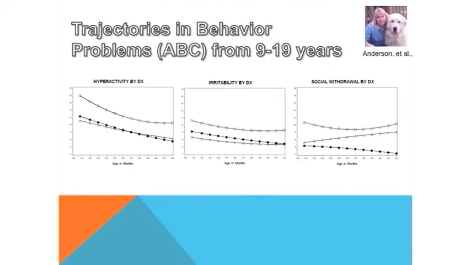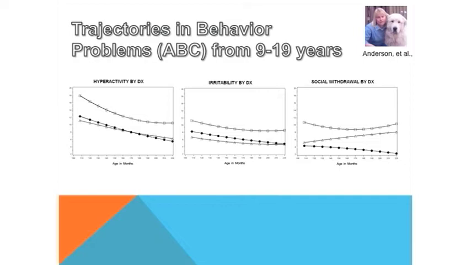And then the last set of these trajectories is looking at changes in behavior problems. Where I'm going with all these different graphs is just that there are lots of different slopes and different trajectories for different behaviors. There isn't an autism trajectory. There's a trajectory for insistence on sameness. There are trajectories for repetitive behaviors. For hyperactivity and irritability, almost everybody gets better over time. The 3 different groups are autism, PDD, and non-spectrum.